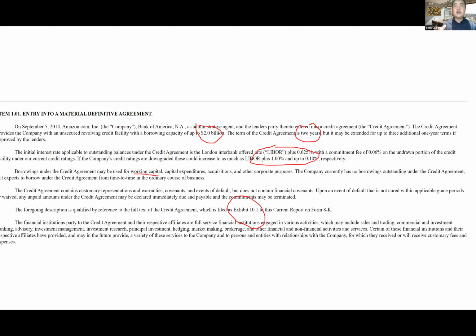So it's like a credit card, right? So they may not use the $2 billion. They only use the $2 billion when they need it. It's different from borrowing the commercial loan, where they have to get the $2 billion in cash on the balance sheet, recognize the liability, recognize the cash. It's different. Okay, does that make sense?